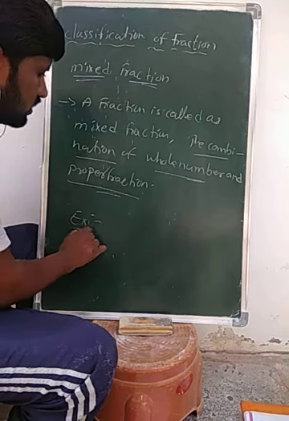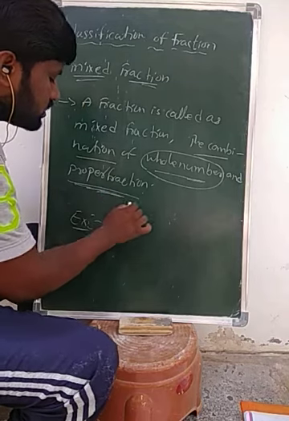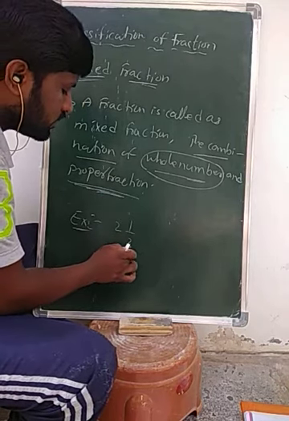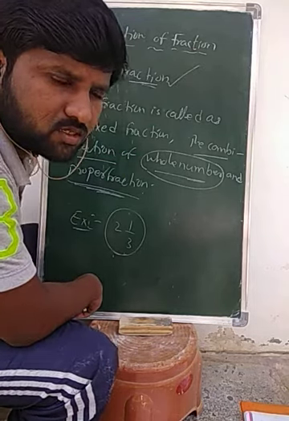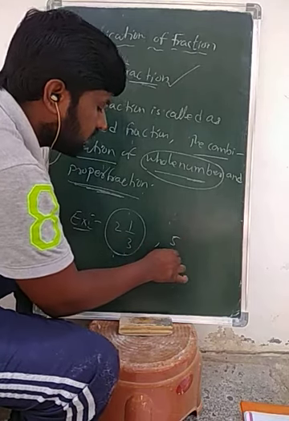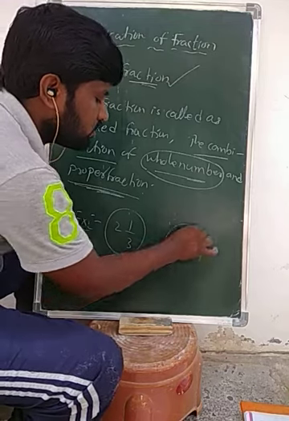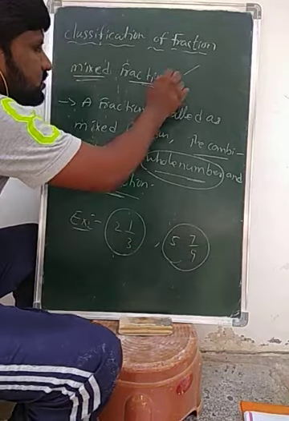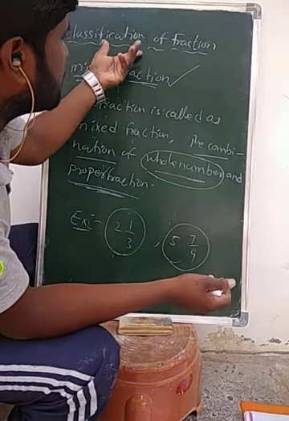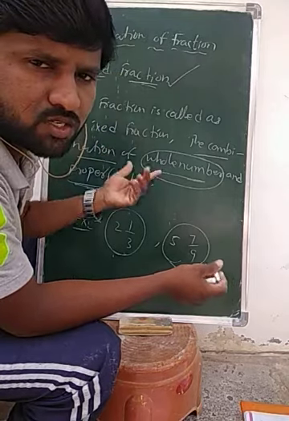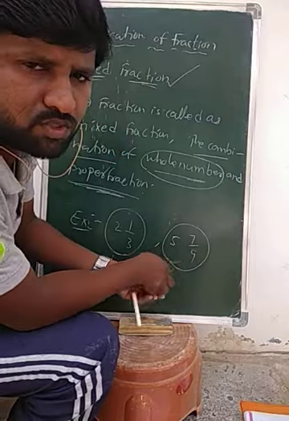For example, a whole number, I am writing a whole number, is 2. Proper fraction means that is 1 by 3. 2 1 by 3. Now this is called as a mixed fraction. Okay, now students, and the whole number I am taking 5. 7 by 9. 7 by 9 is a proper fraction. Now this combination 5 7 by 9, it is a mixed fraction. So these are some fractions, classification of fractions. Okay, students. So you read the definitions properly and you write your own examples. Okay. Thank you.